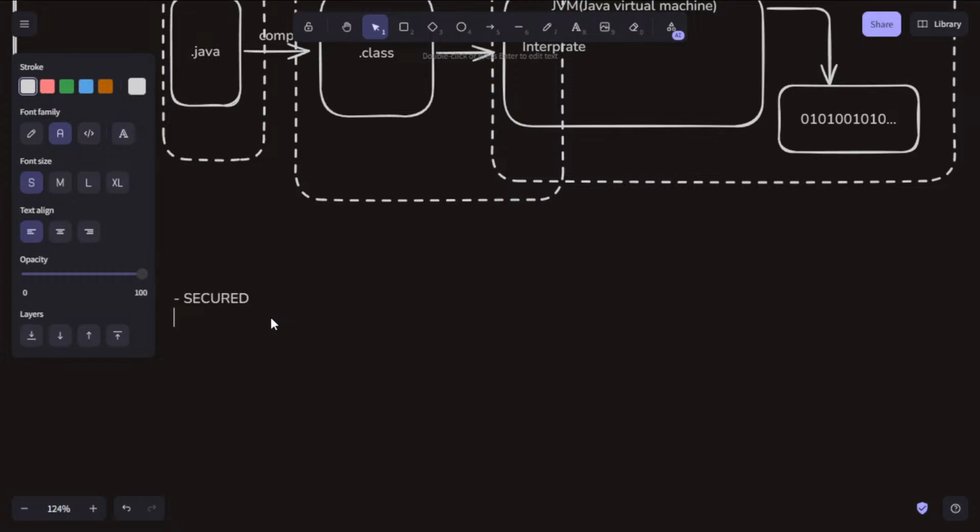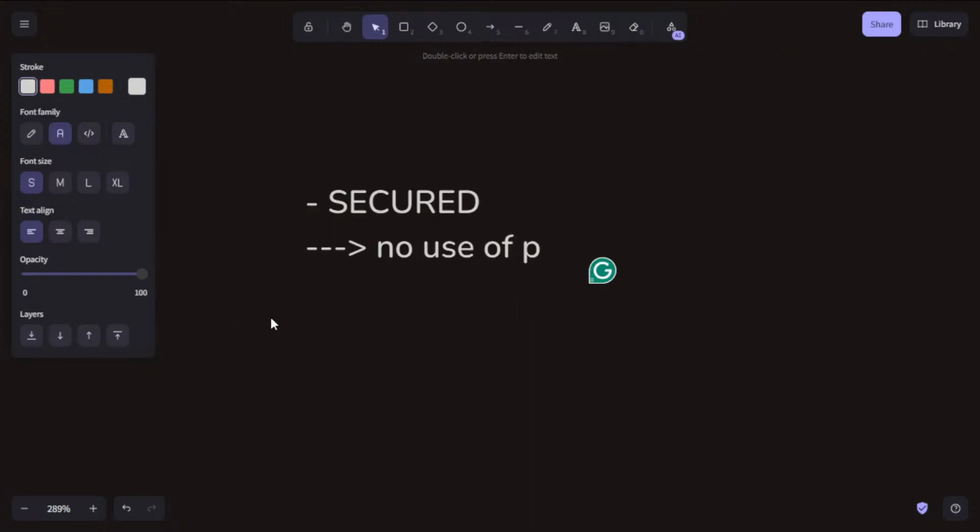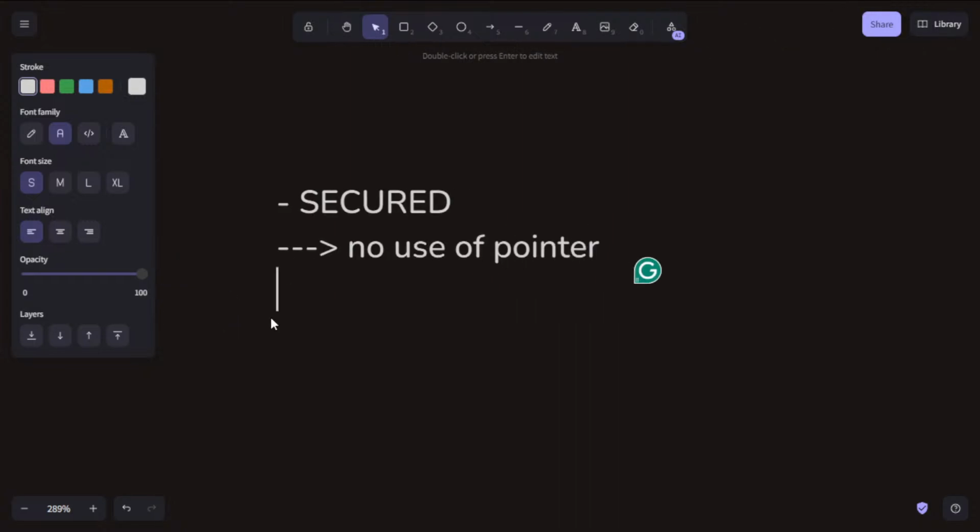Actually, Java is best known for security, because it's developed as a virus-free system. Java is secure because there is no explicit pointer. We are not using any pointer. No use of pointer.